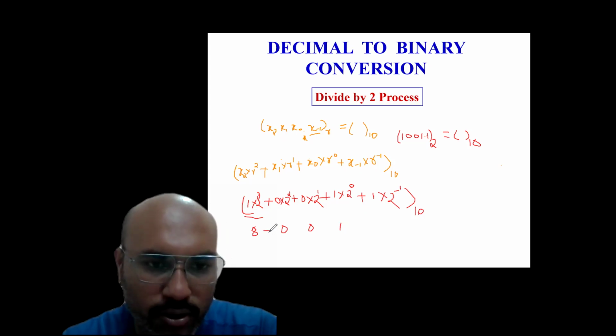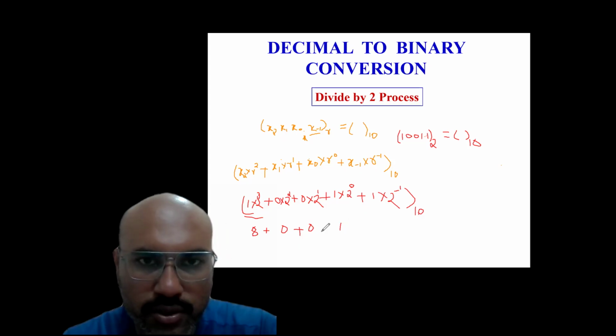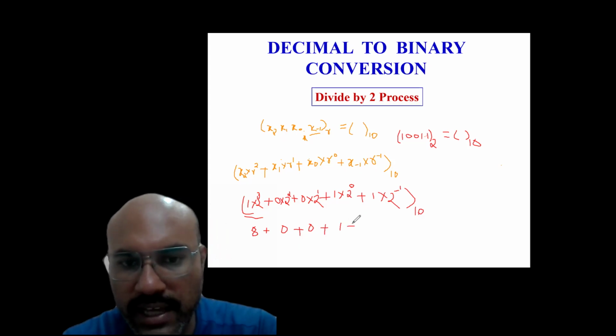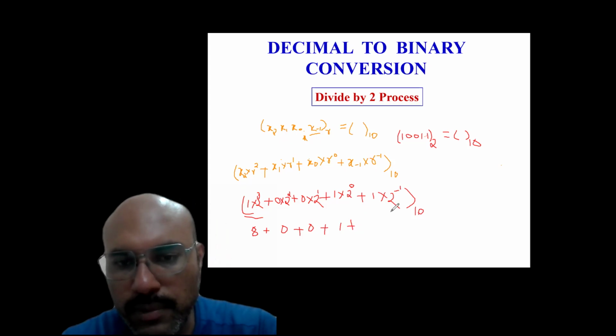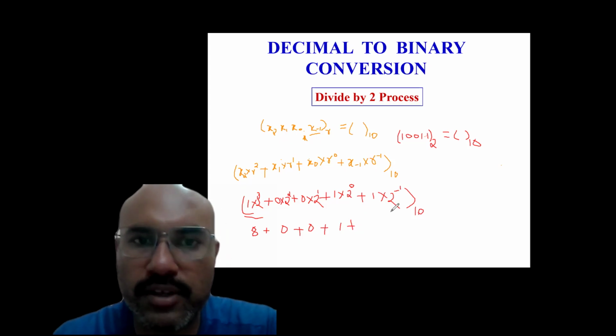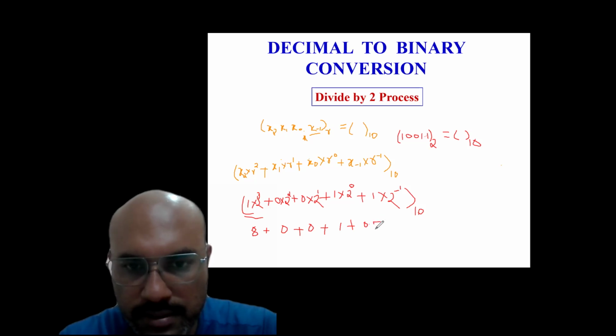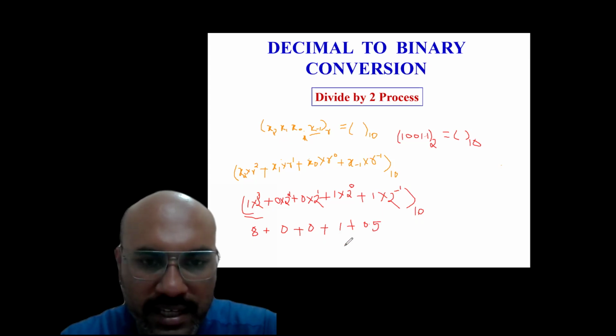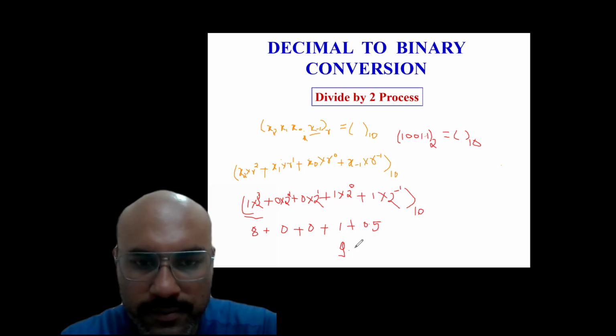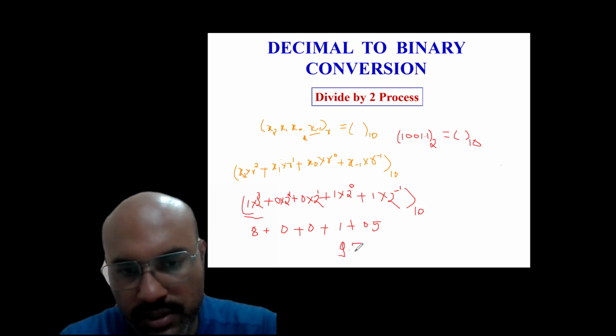So we have to add all of these values that we have calculated. 8 plus 0 plus 0 plus 1 plus 1 multiplied with 2 to the power minus 1, that is 1 by 2, so it will become 0.5. So 8 plus 1 is 9, so the resultant will be 9.5. So this is your answer in